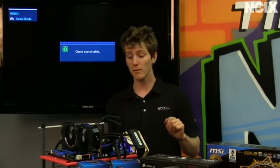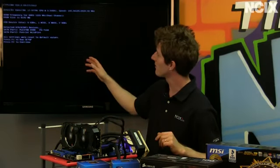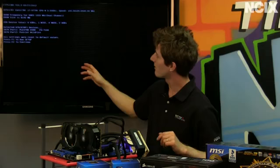I had to clear the BIOS before doing this because OC Genie can conflict with other BIOS settings. You don't want to tune the BIOS manually and use OC Genie. You want to do one or the other. It's going to give me a little warning about how OC Genie is enabled, or at least it's supposed to. Okay, all right, so when you enable OC Genie, you see this message here, and when the computer boots up,